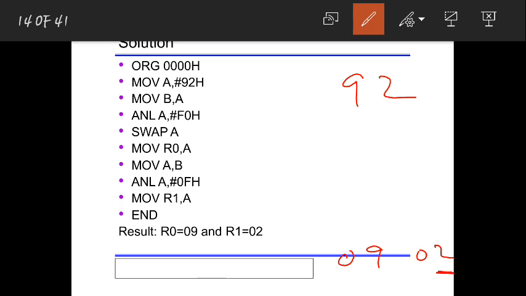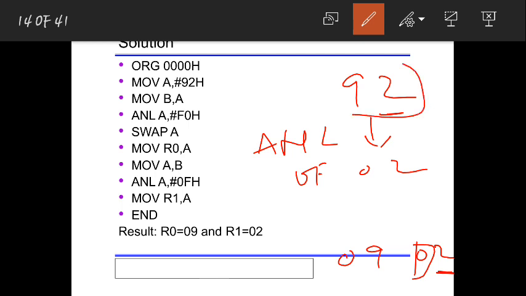I need to get in the end 0 9 and 0 2. See, 0 2 is at the LSB lower nibble position where it is already there, but to get that, I need this to be 0. I need to get 0 here, but I have 9. Okay, so what can be done for that? This 92 can easily be converted to 02 by doing ANL operation using 0f.